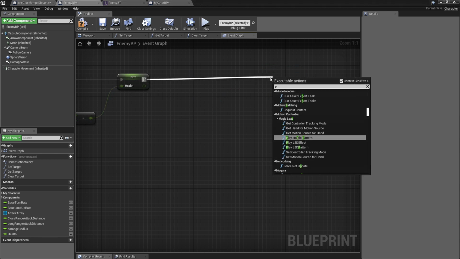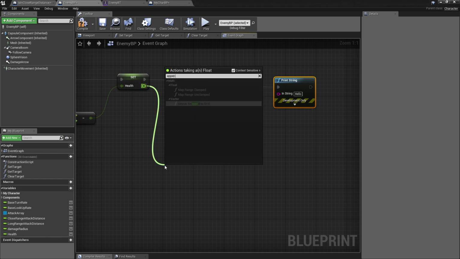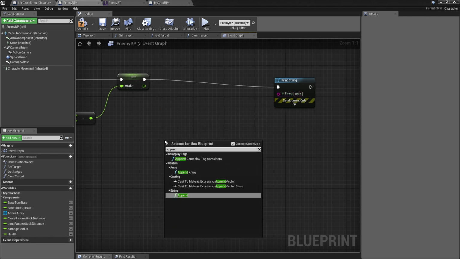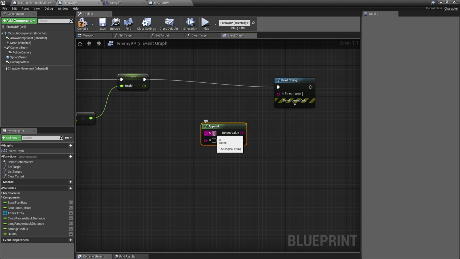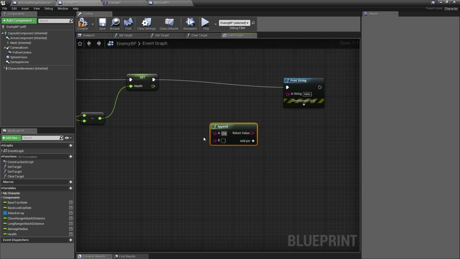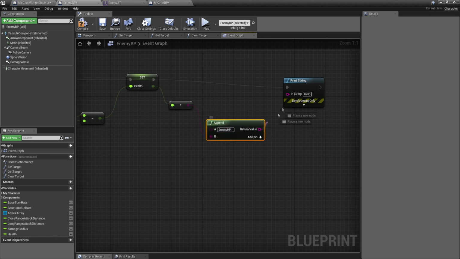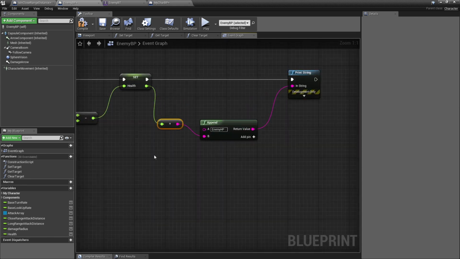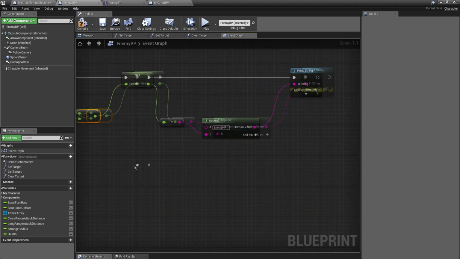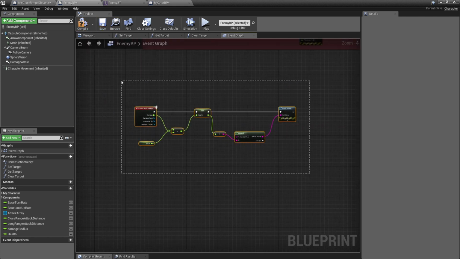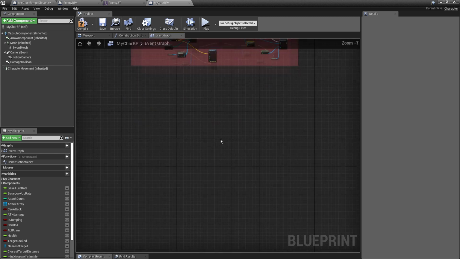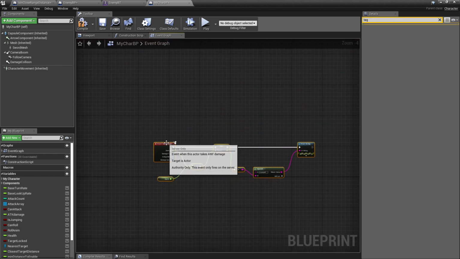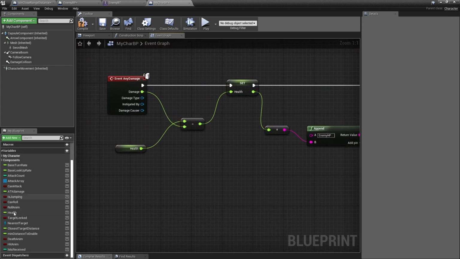So right now what we can do is just print string, and for this we're going to get append, and we can get, for this will do the trick. This can be enemy HP, so you can plug this over here and return the value. So it's just gonna print to the screen. If we're doing damage, it's gonna print the value of the health, and this is gonna be fine for both player. So you're gonna go here, copy paste this any damage in the player character, and